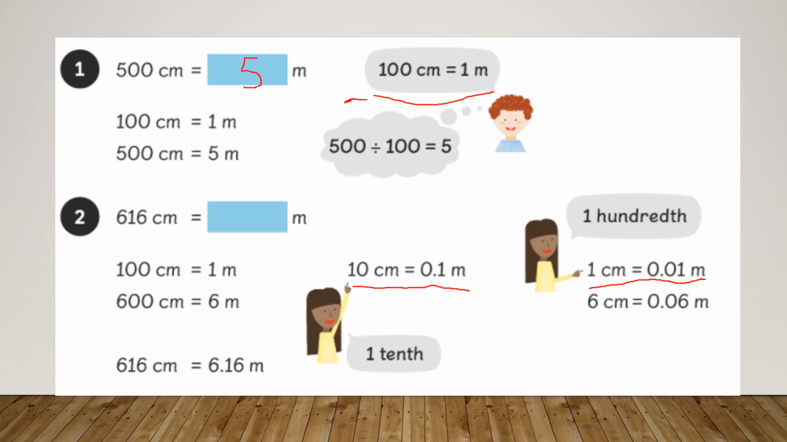616 centimeters equals 6.16 meters. Now how did we get to that? Well, 600 centimeters is the same as 6 meters, and then we have the 0.1, which gives us our 10, and the 6 centimeters gives us the 0.06. Okay,